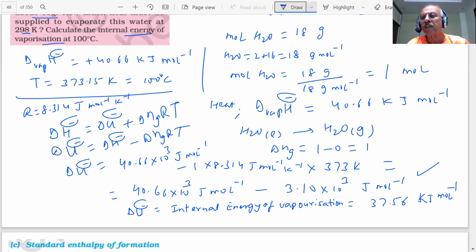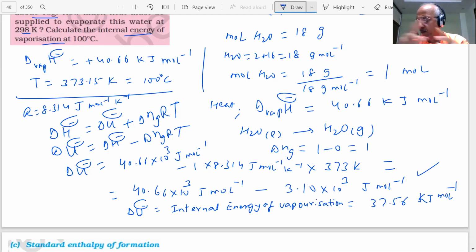So different substances will have different values of enthalpy of fusion and enthalpies of vaporization. Why? Because the intermolecular attractive forces are different. Stronger the intermolecular attractive forces, more will be the value of the enthalpy change required for 1 mole of the substance. And measurements are being done at 1 bar pressure. Pressure is constant where we are sitting right now, student, atmospheric pressure.